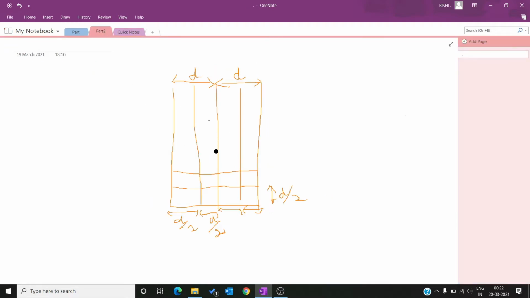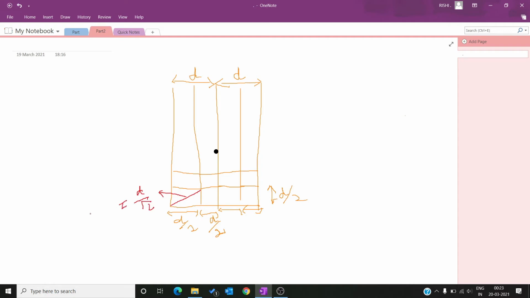So here's the explanation. I have divided the strip into squares of size d by 2, d by 2, and every square lies either on the right side or on the left side of the middle line. No square lies in between. So how many points can fit inside one box? The answer is 1. The reason is, what is the farthest distance in this box? It is the diagonal, which is this. So what is the length of the diagonal? It's d by root 2,